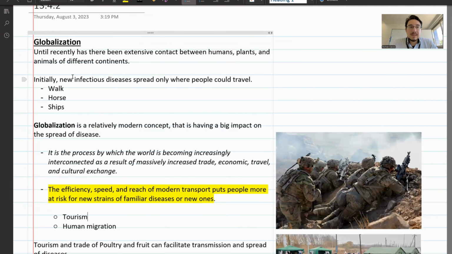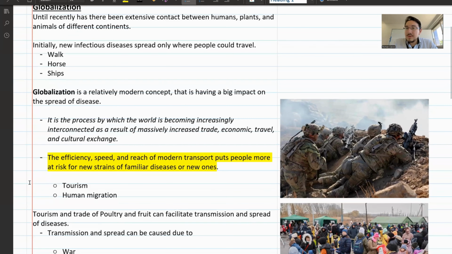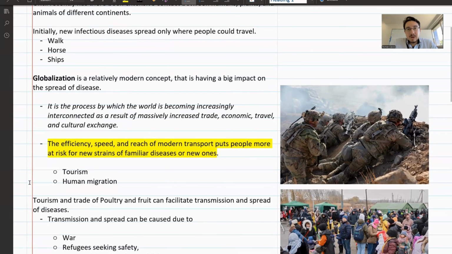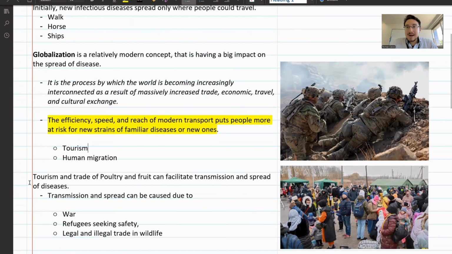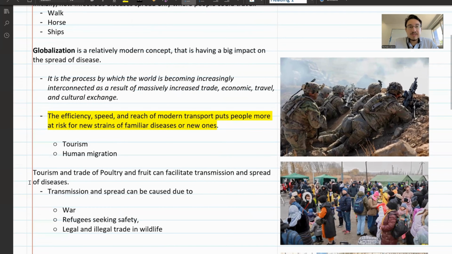what happens? You do increase trade, you do increase economy, you do increase travel and tourism and cultural exchange, but at the same time, you are passing potential pathogens. So while it's a milestone, a breakthrough for civilization,